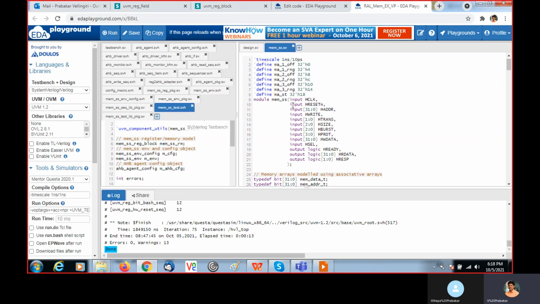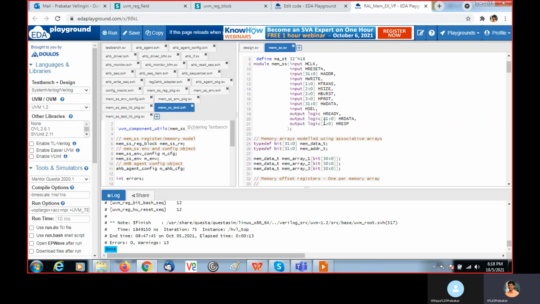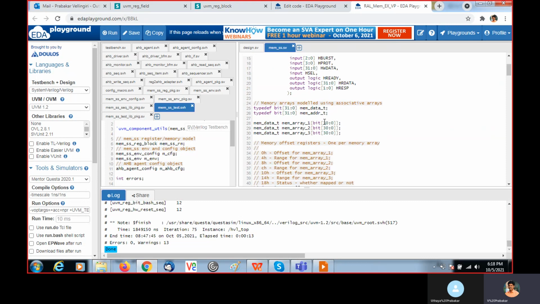Here this is the module name. Here these are the port declarations. We are using AHB here. We created 3 memories. This memory array is of type memdata_t. Memdata_t is nothing but a 32-bit type. Using typedef, we are creating this data type memdata_t.